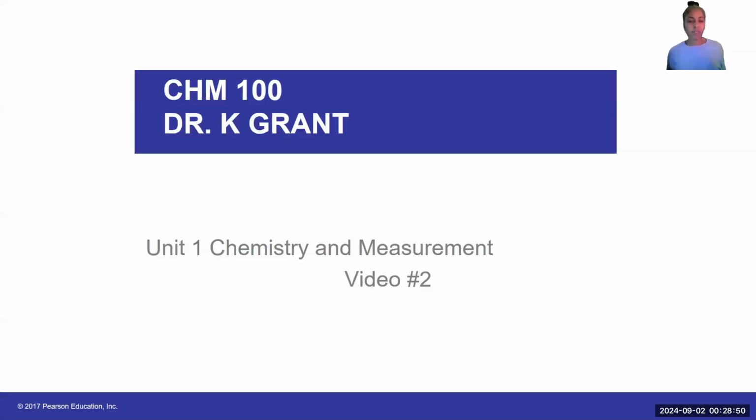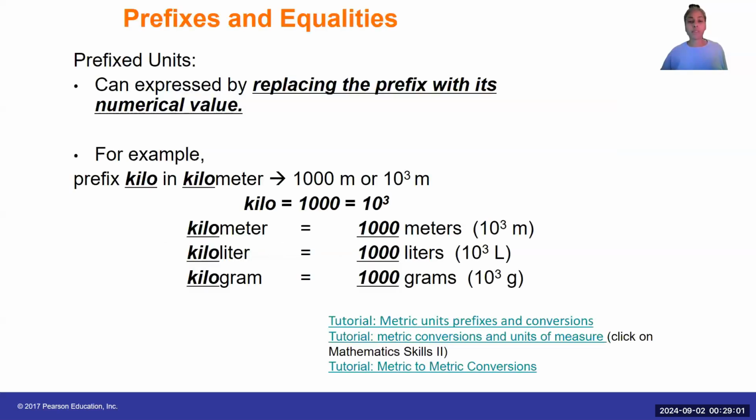In video 2 for Unit 1, we will continue our discussion on measurements in chemistry. We are actually going to move into taking a look at prefixes and equalities in the metric system. So we've already talked about in the metric system that we have units of measurement that are going to measure